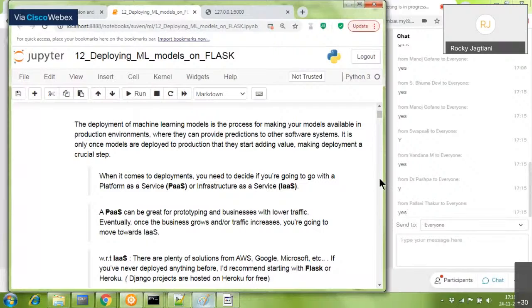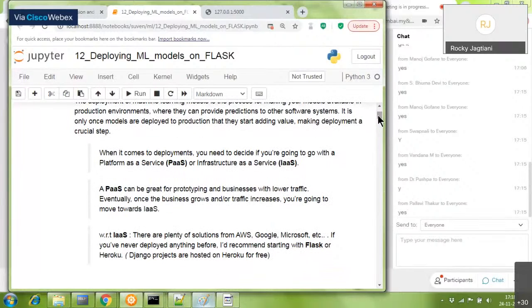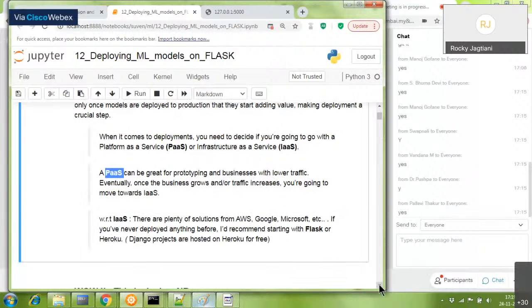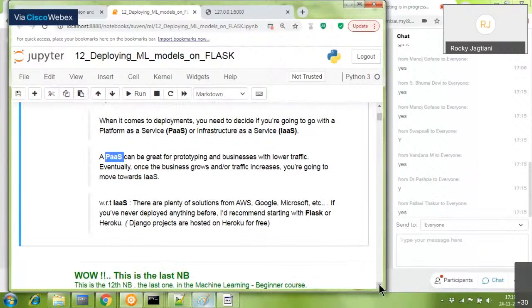Now, friends, when we talk about deployments, there are two varieties of deployment. We could have PaaS, that is platform as a service, or we could have infrastructure as a service. The Colab which you are using is a good example of platform as a service. And tomorrow, if you're buying a paid account on Google Colab, this is a free account,